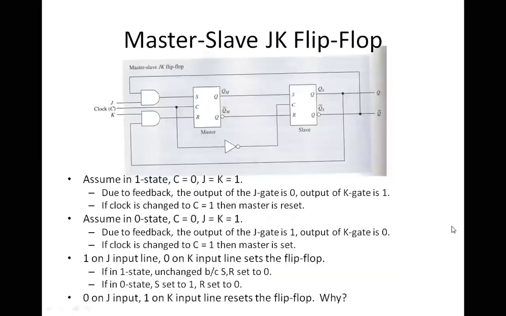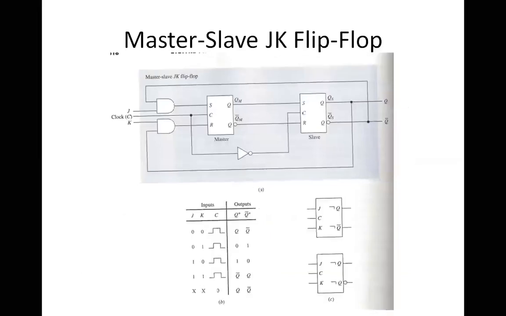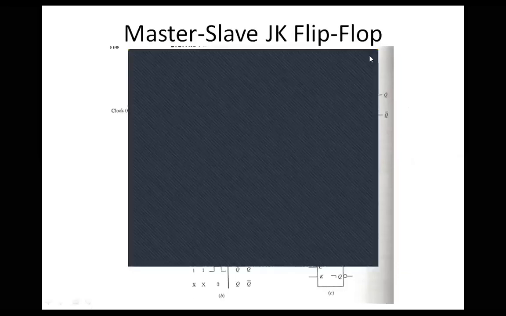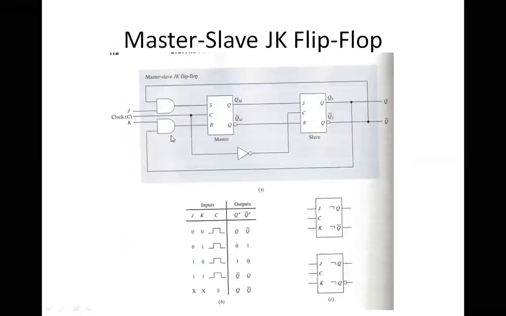Fine. So now that we have seen the JK flip flop and we have seen the truth table, we have seen the representation. Remember, J and K is associated with AND gate, and once you have the AND gate, the other inputs are taken from K with Q and J with Q bar. So keep this in mind, because we are going to solve a lot of problems based on these diagrams.